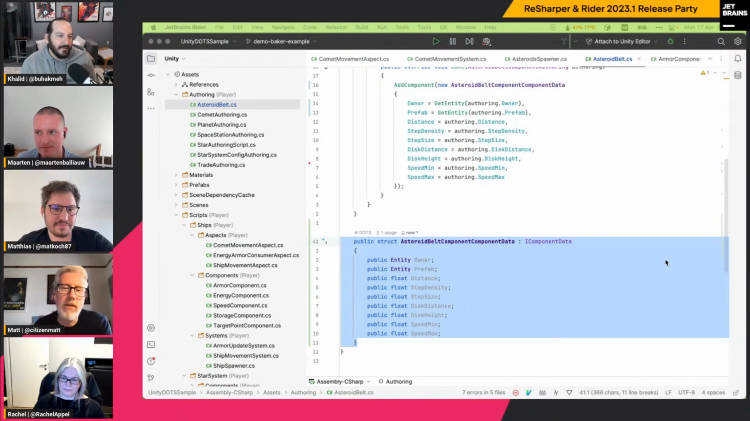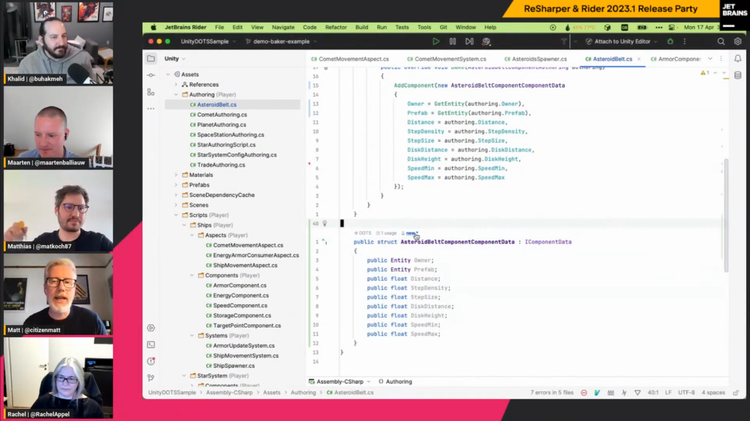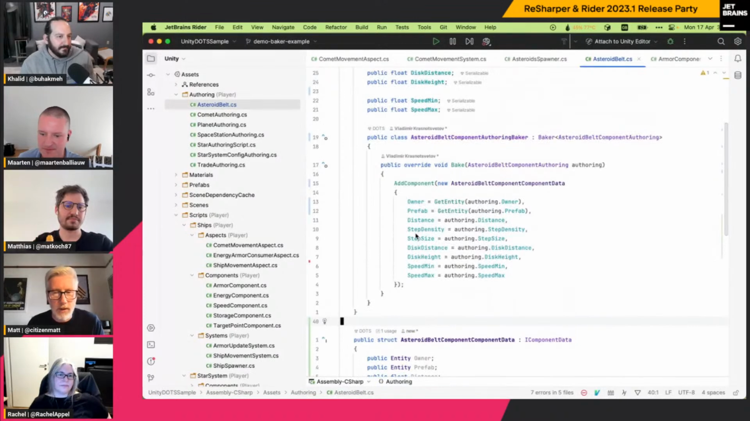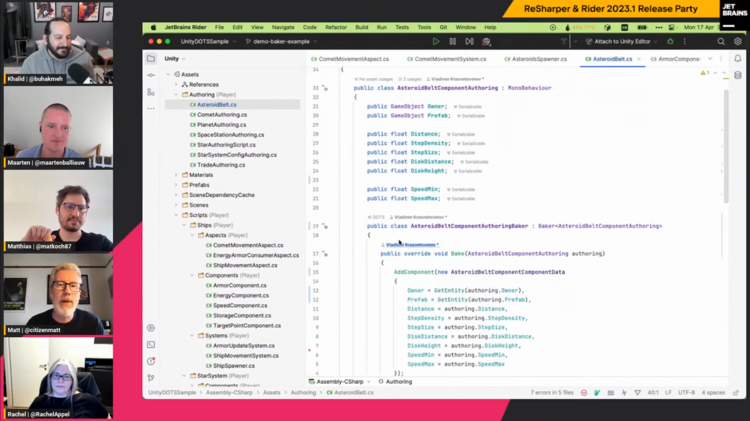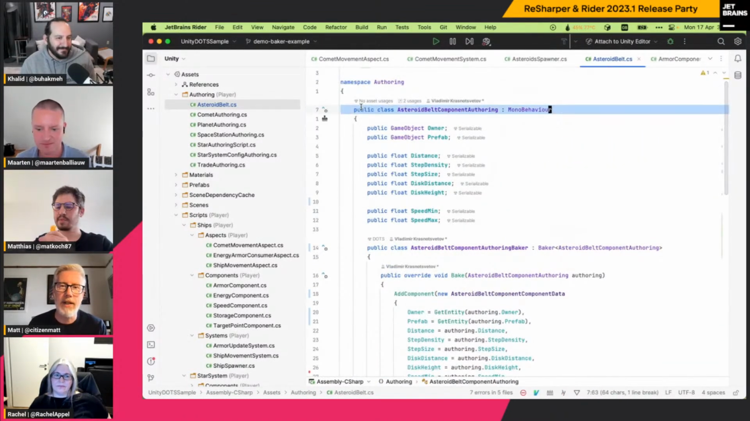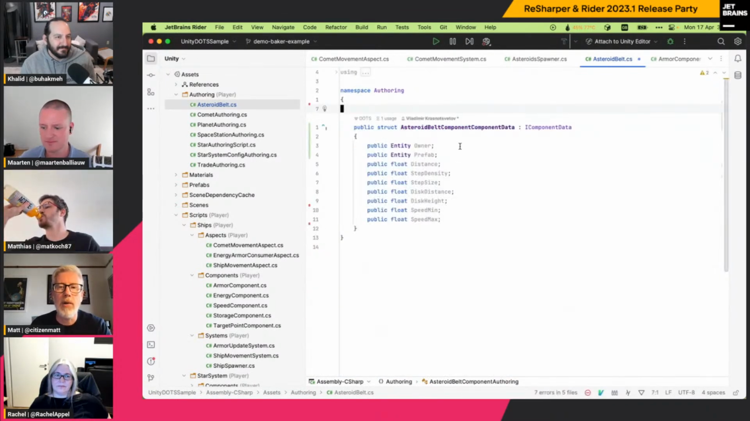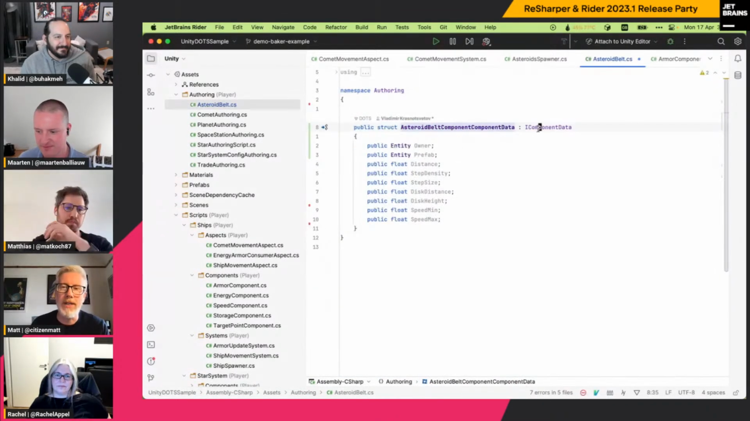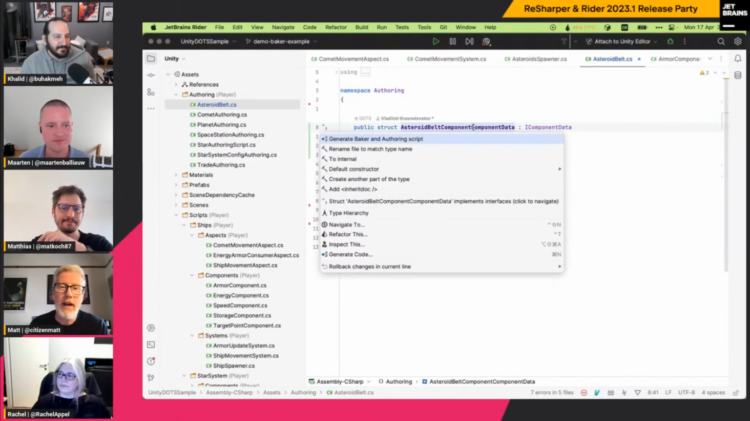Yeah, all good. And so if now you want to work in the opposite direction, if you want to work with your component data, you can then build an authoring component from that. So let me just delete this. We've got component data here. We recognize this component data thanks to this interface. And you can now use